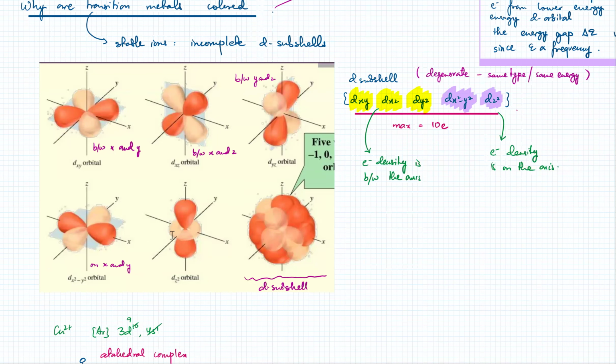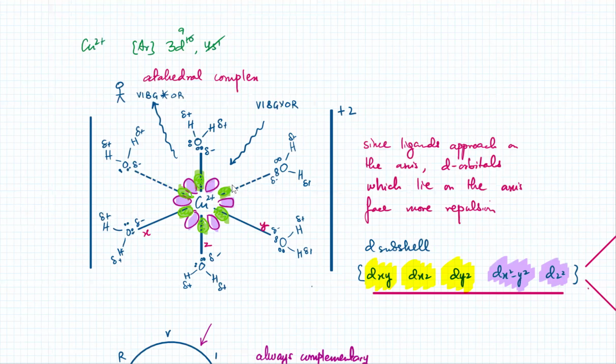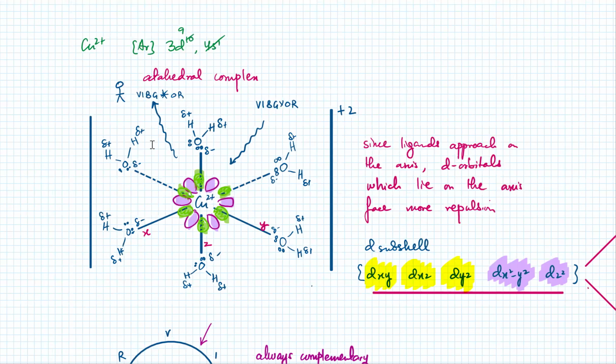The electron density lies on the axis. Three of them, their electron density lies in the middle of the axis. Okay, they're all in different planes and they all lie between the axis. So all five orbitals have the same energy level. They're identical. The orientation is only different. Okay, the z one looks kind of different. So ये सब हमने किया था,